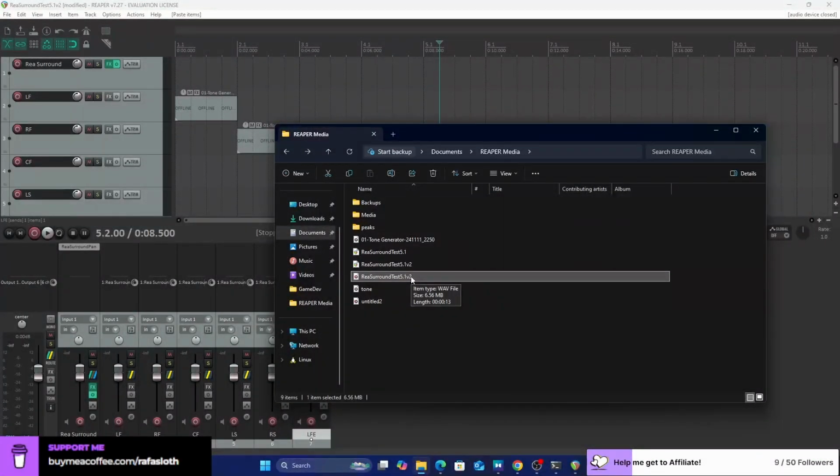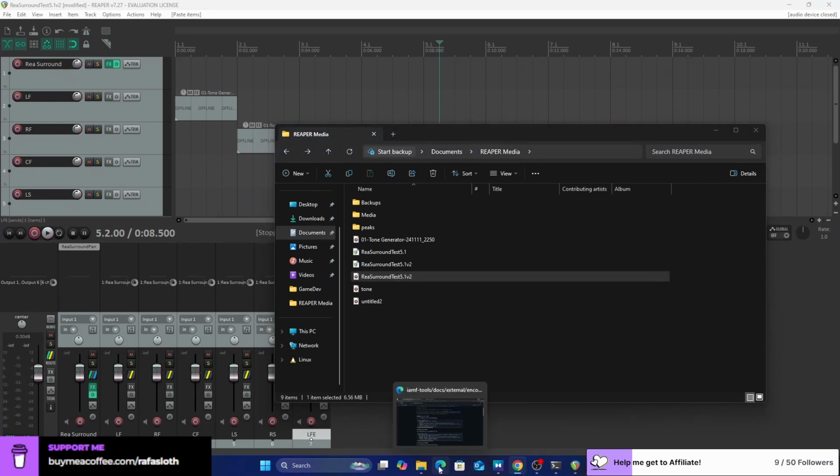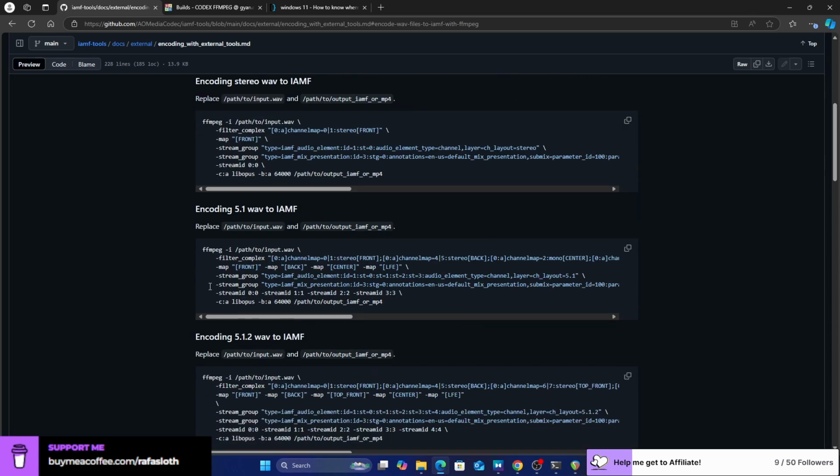I don't know if you hear it fine, but well, trust me, it's working. So we have a 5.1 audio file that we can use as an input for testing the FFmpeg commands in this one here.